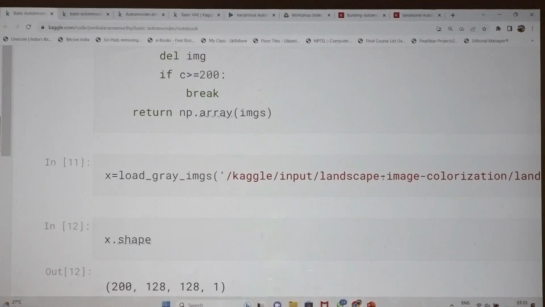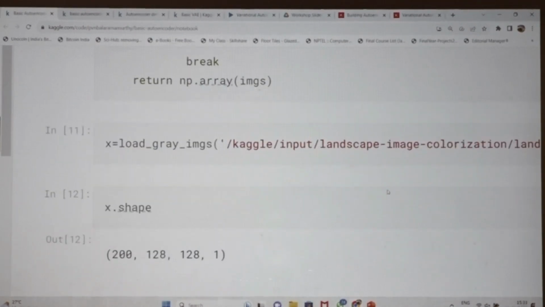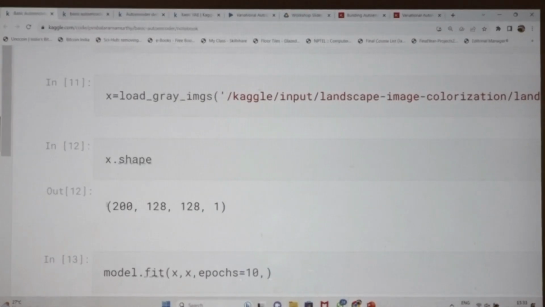If you see the image shape, you can understand: 200 images, 128 by 128 size and only one layer, because it is grayscale. A black and white image needs only one layer, 128 by 128, that is enough.